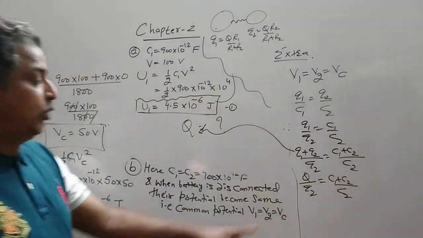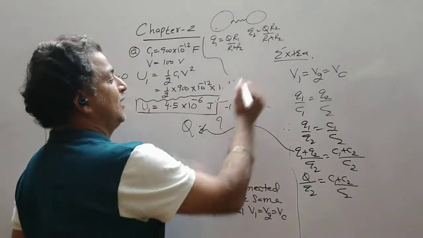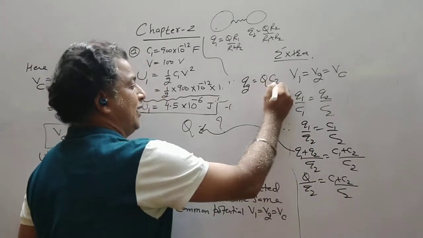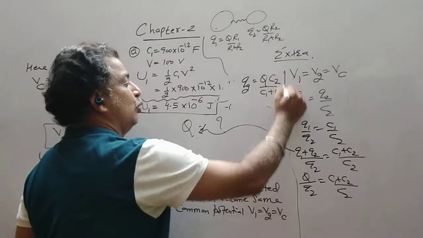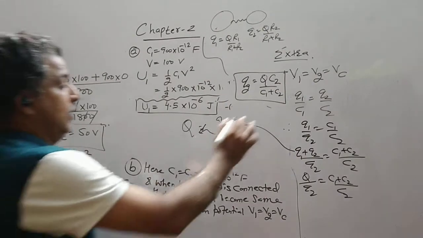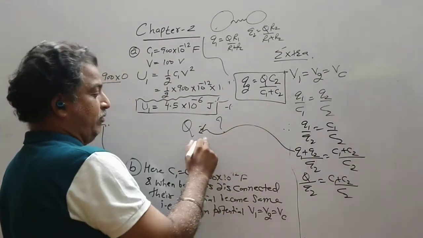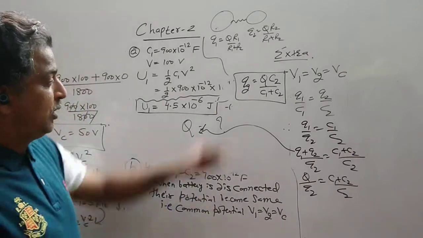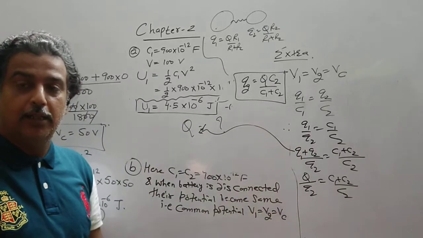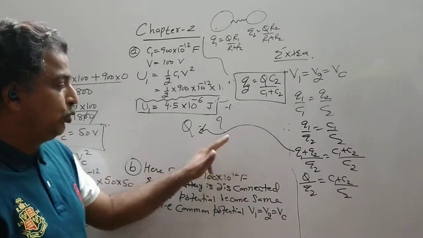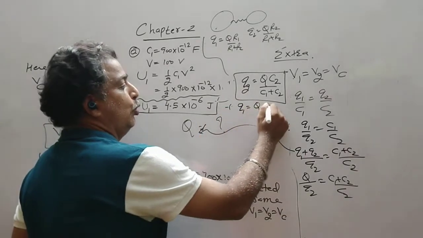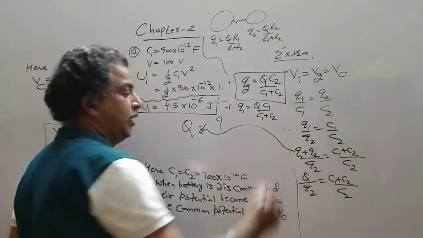Now I want to find out the formula for Q2. So it is clear that Q2 is equal to total charge times its own capacitance divided by total capacitance. Similar to this, instead of radius we have a capacitance. So if you use this formula, here we found the capital Q, you substitute this value. C2, C1 is known, and then compare what we have done earlier. You will see that the charge will come out to be half for this portion. Then similarly Q1, so Q times its own capacitance upon C1 plus C2.